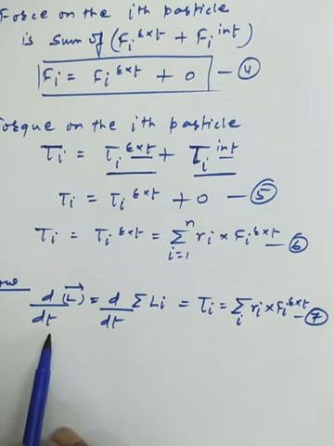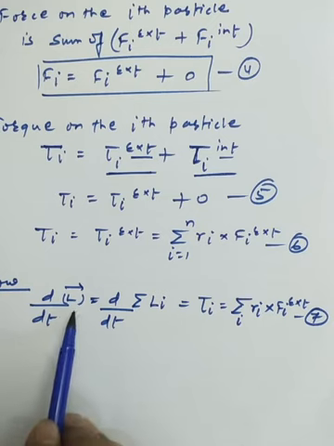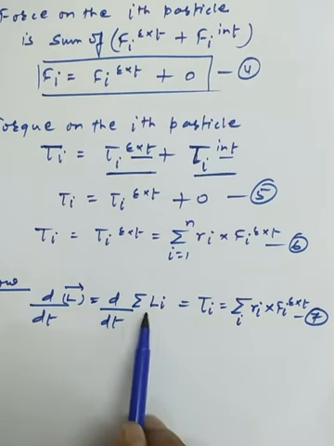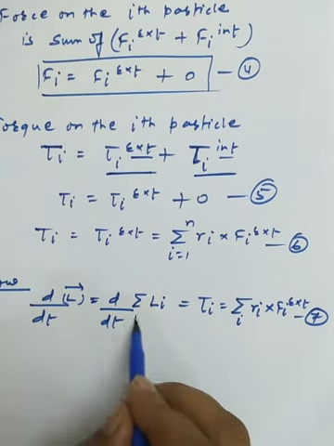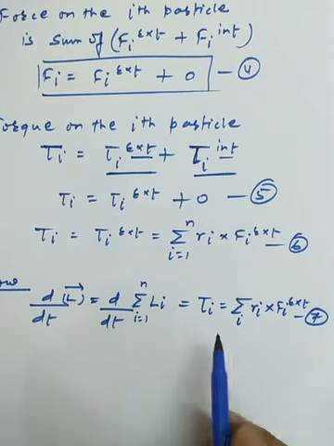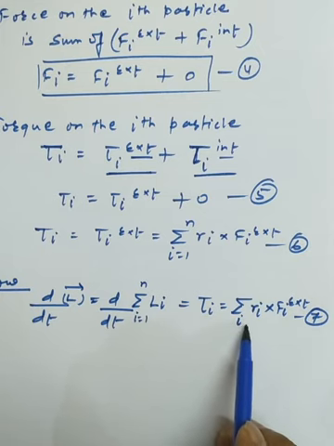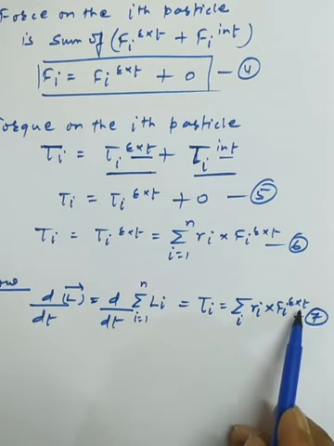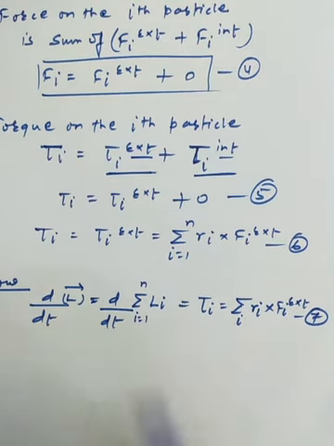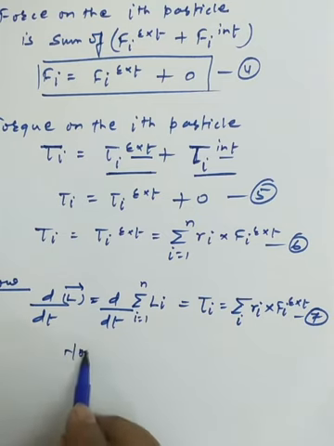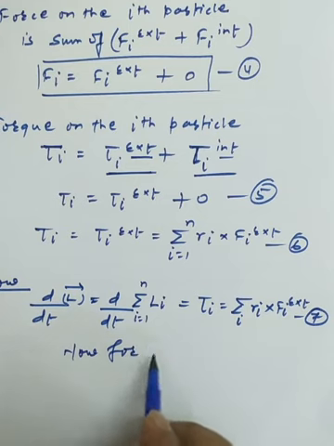So here I am able to write the meaning of the angular momentum for a system having the number of particles 1 to n: dL/dt equals d/dt of the summation of Li, with i equal to 1 to n, that is equal to the summation over i of Ri cross Fi, where F is the external force. So as we are building the concept of the external force, now for the conservation of